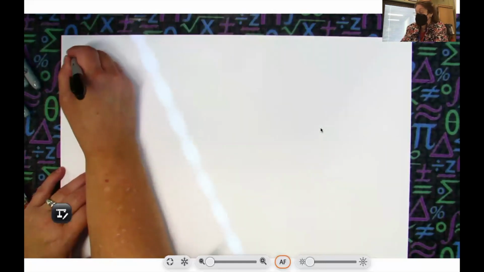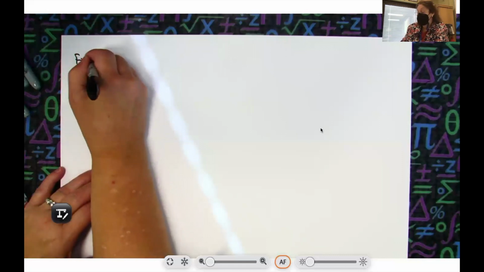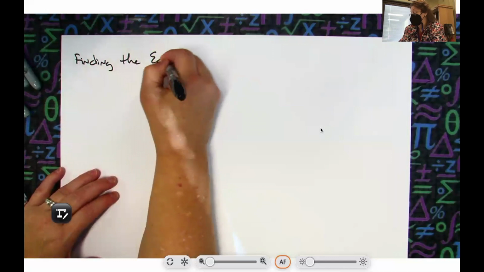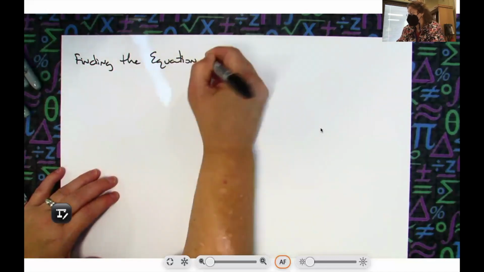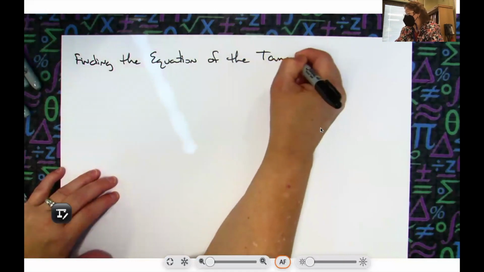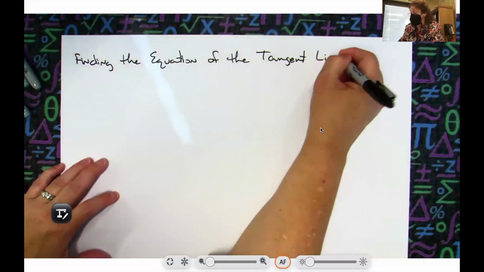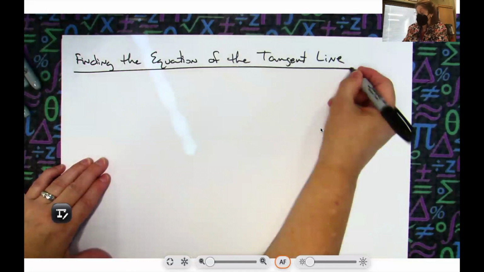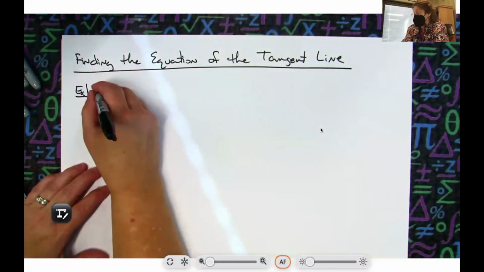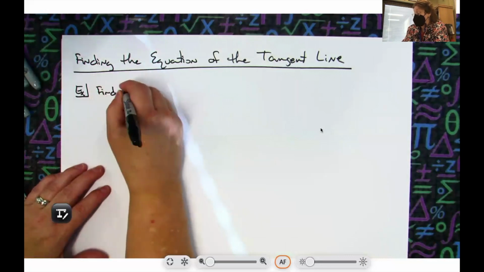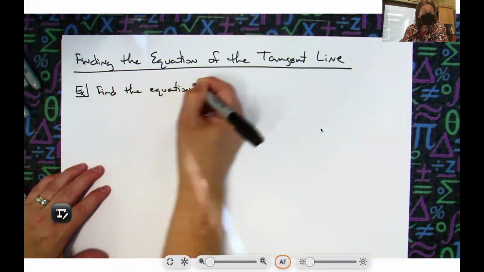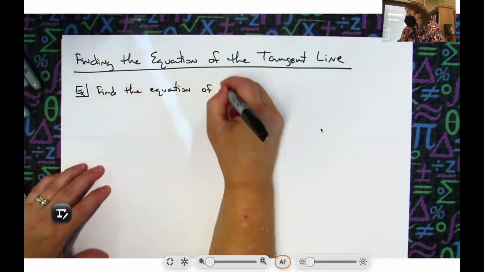Okay, so we're going to title this, finding the equation of the tangent line, because this is going to be an overall theme that we're going to do over and over and over. This is what your questions are going to look like. They're going to literally tell you to find the equation of the tangent line